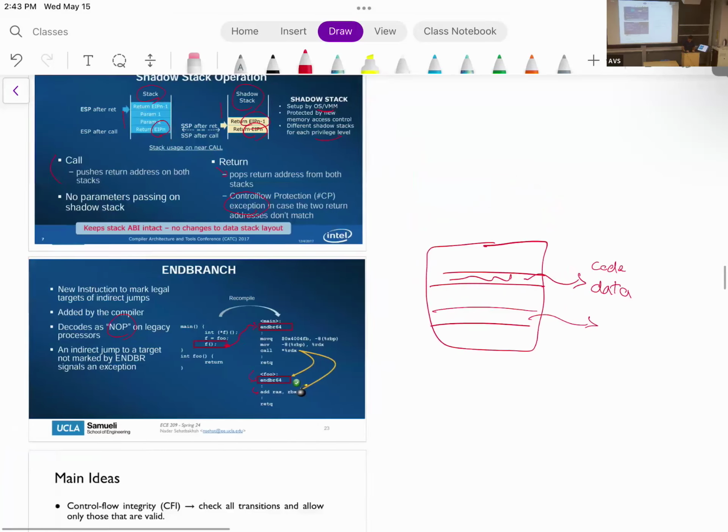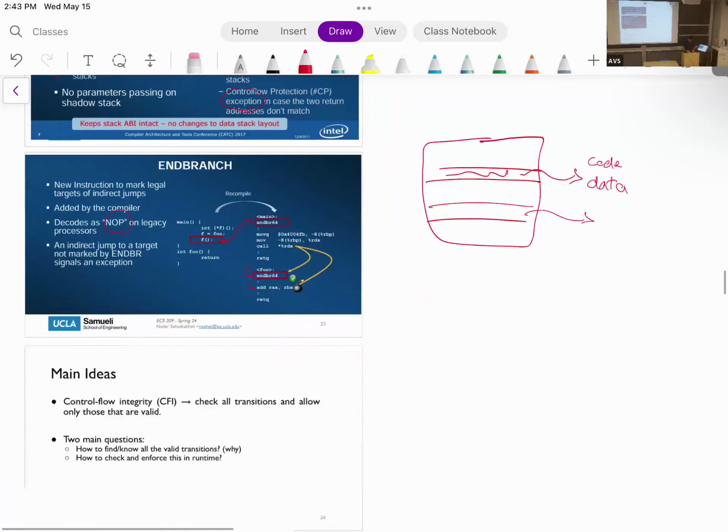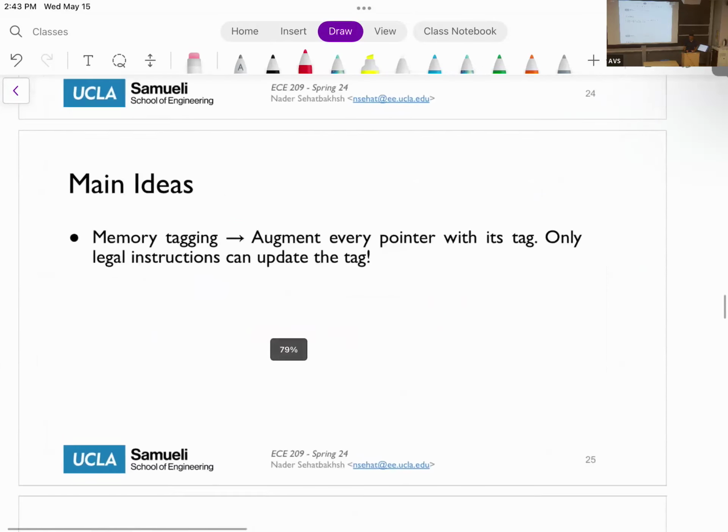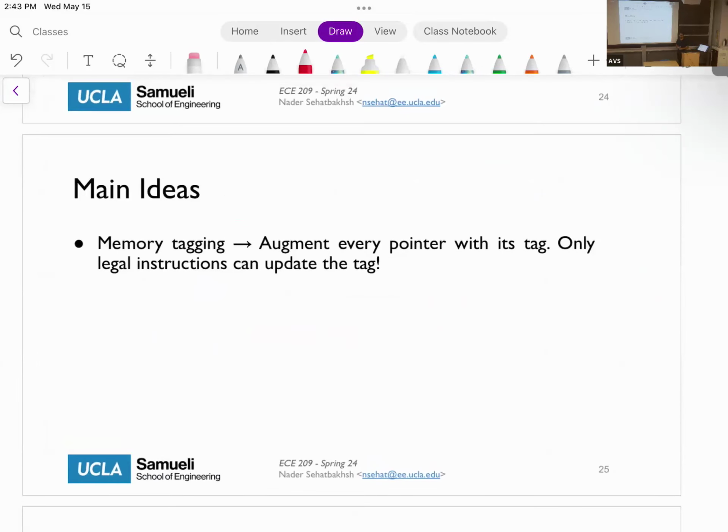All right. So that's it with the CFI. The second big idea for fixing the problem of memory safety is memory tagging. The idea of memory tagging is that essentially every pointer can be tagged with some specific tag. And the idea is that if I want to update any pointer, I have to update it with the